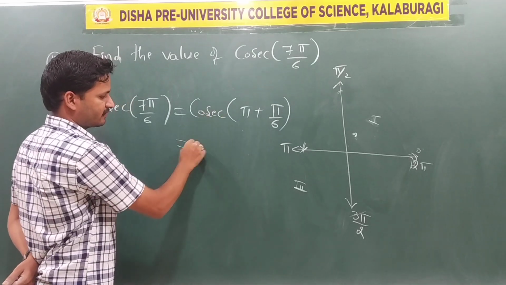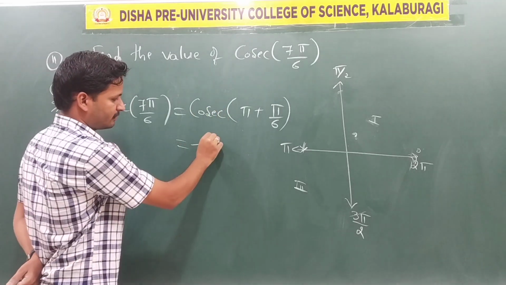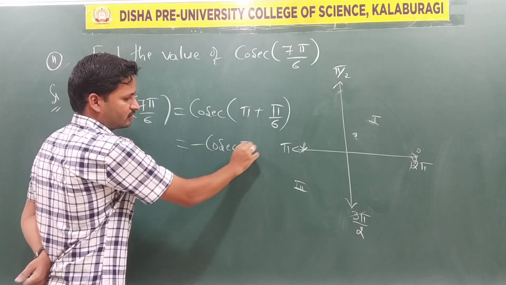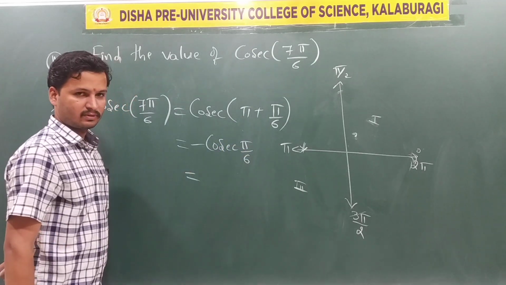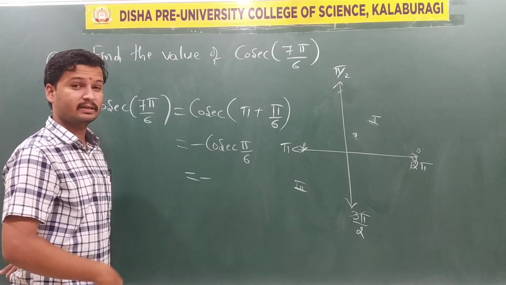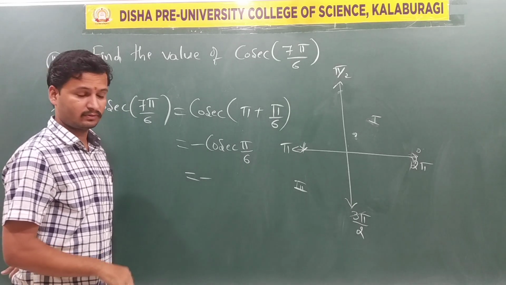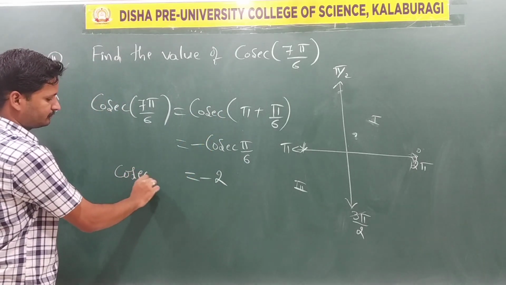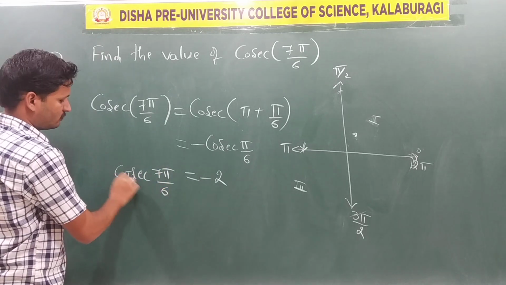In the third quadrant, the cosec function is negative. So take minus sign, then 180 degrees is there, ratio as it is, cosec pi by 6. So minus cosec 30 degrees. Cosec 30 degrees means sin 30, sin 30 is 1 by 2. Take the reciprocal, that is 2. So cosec 7 pi by 6 is equal to